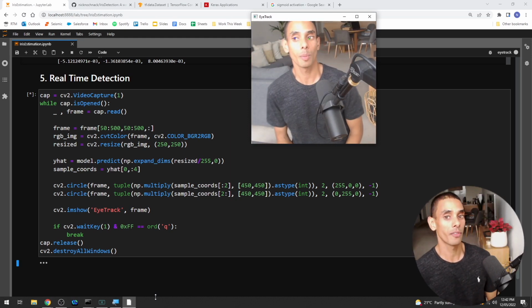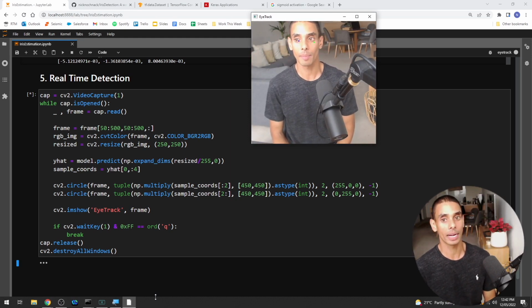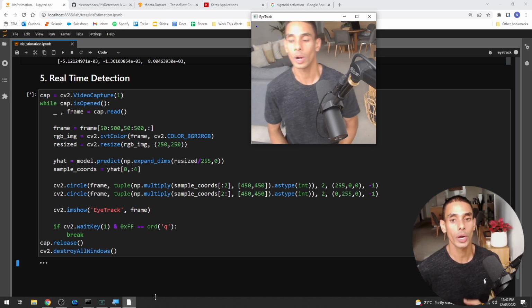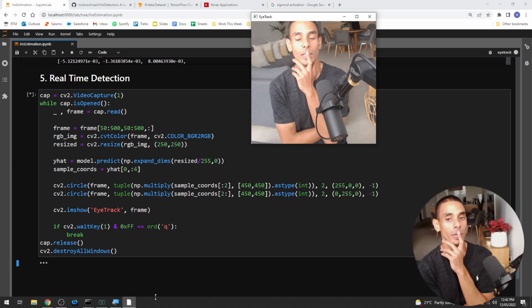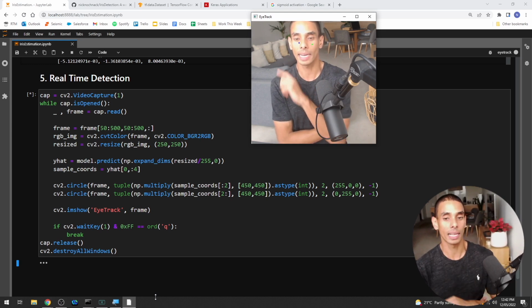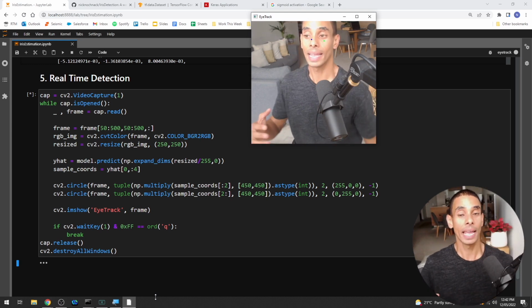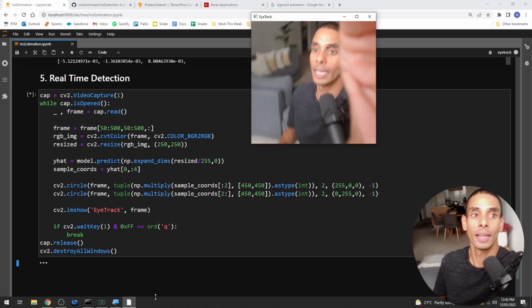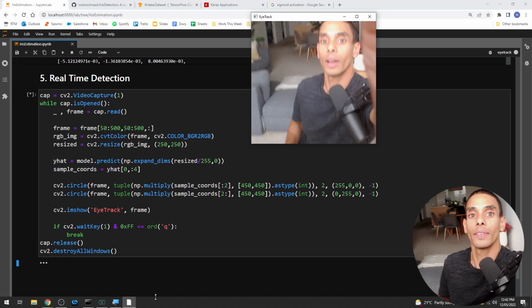Okay, so it's still performing okay. Now, again, keep in mind it is a different camera. So it is tracking our eyes, doing well. But what I want to do is, rather than detecting with a new camera, which is slightly off center, let's maybe try to move this camera to be in a more similar situation to what I actually collected the images with. So if I bring this a little bit over here,